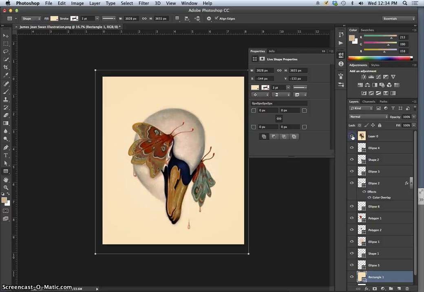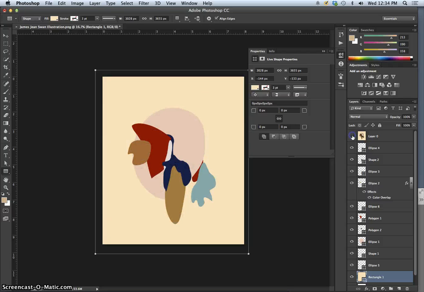So there's little areas where I can improve it. You'll notice some of the first shapes I did, by comparison to the others, look the most awkward, like this butterfly wing. But this is a really solid start and gets you used to the shape tools in Photoshop. So how am I going to